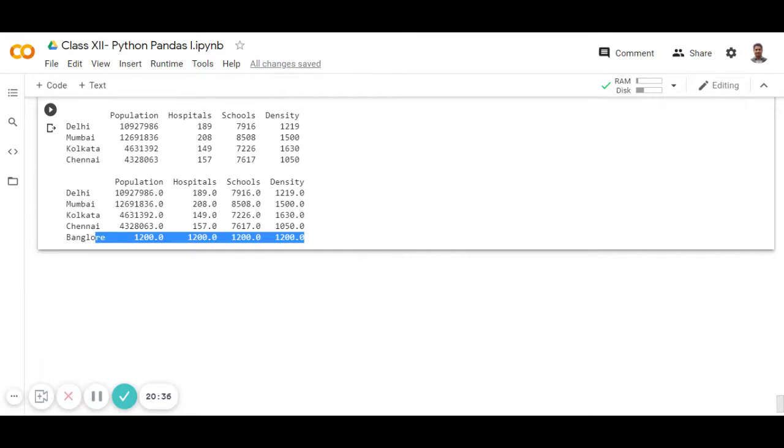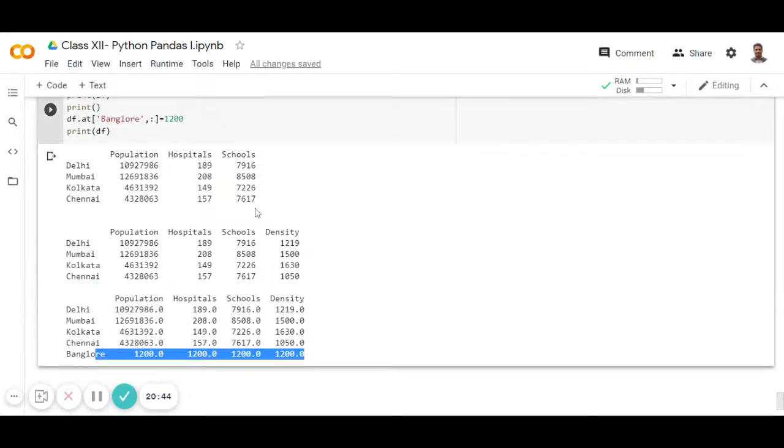If you want to change these values also, you can do it by giving different values here. So give 1200, comma, 1200, comma, 1400, comma, 2500, comma.